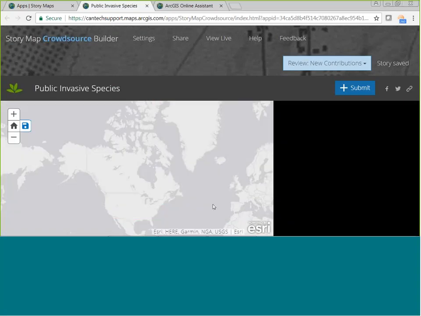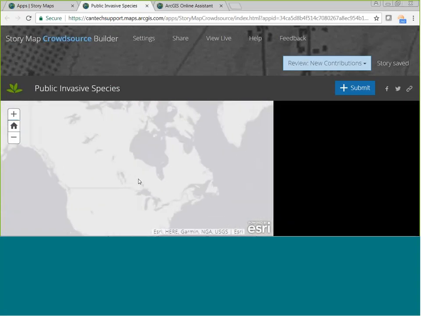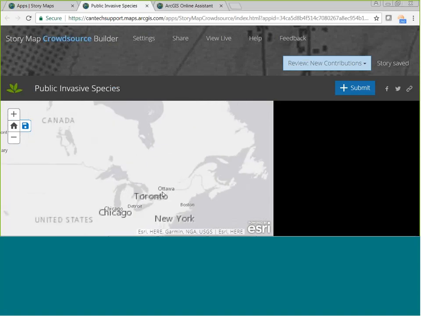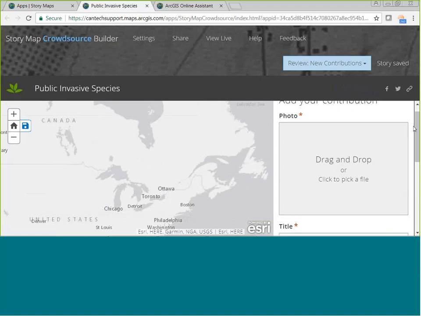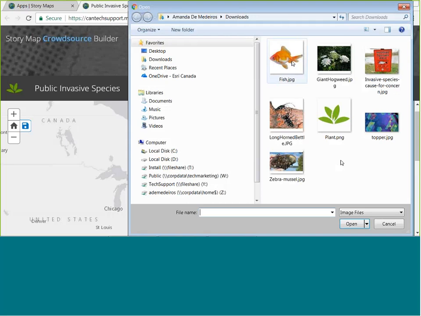So if I press Explore the Map, I can see that I have an interactive, beautiful grayscale map right here. And I'm already ready to submit some invasive species into the world. So I'm going to click a photo to add a contribution. I'm going to take my little goldfish,